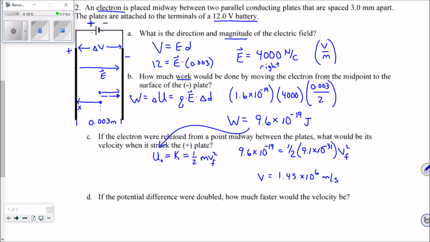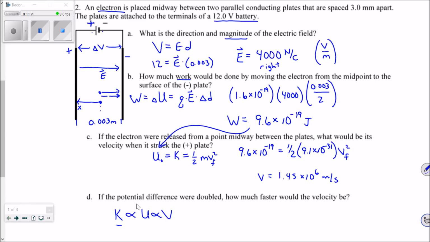Well, I know that the amount of potential energy that we're going to have is going to be proportional to that amount of potential. So if we double our potential, we'll double our energy. I know that that's going to relate to my kinetic energy, so I'll have twice the kinetic energy. Now, because I have a v squared, if I'm going to take my kinetic energy and double it, that means